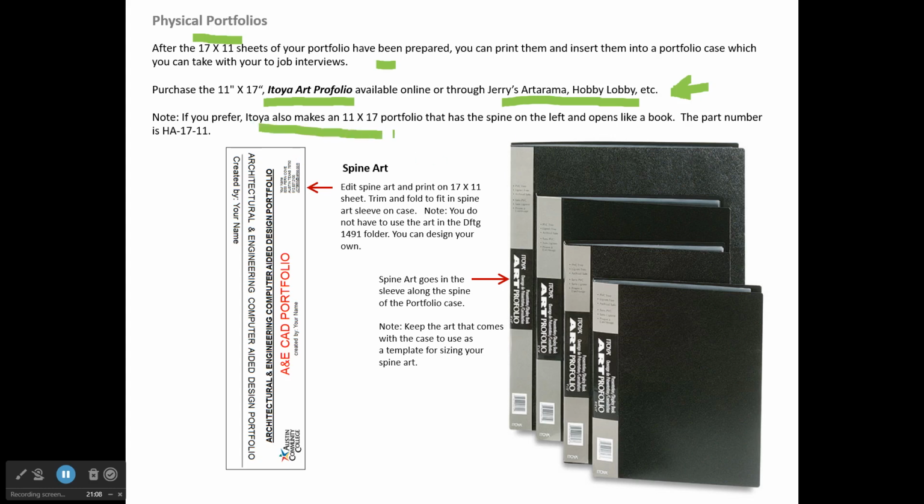Itoya makes an 11 by 17 portfolio that, instead of having the spine on the back side here, actually has the spine on the left side, like over here, and so it opens more like a traditional book. Some students prefer that. The Itoya portfolios have a clear plastic sleeve on the back edge, and this piece of paper that you can see with the art portfolio logo and everything on it can be pulled out,